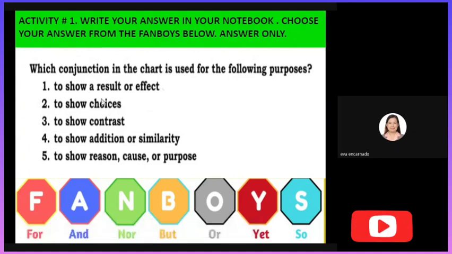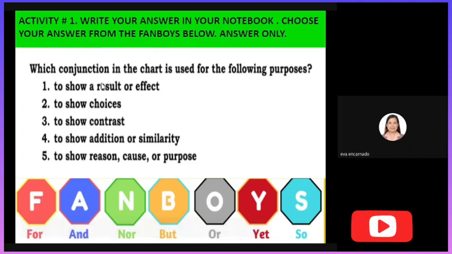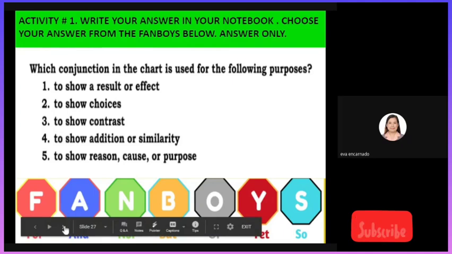Answer only, ha? Okay, number 2, to show choices. What conjunction tells choices or to show choices? Is it for, and, nor? Alright, so you can just pause the video and then continue answering. Okay, let's go to